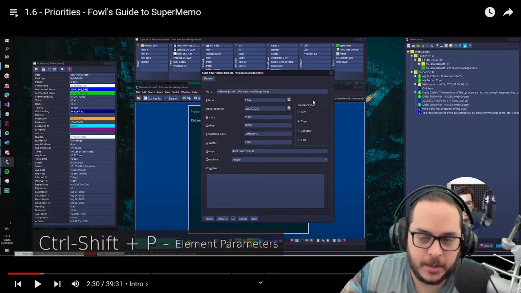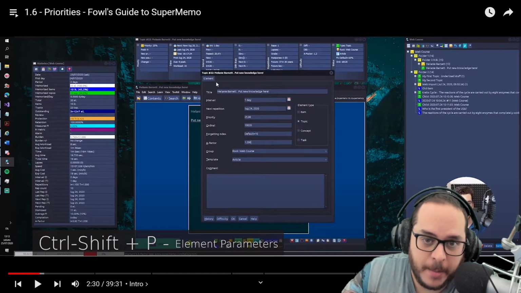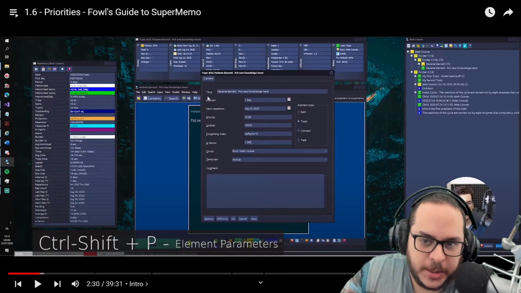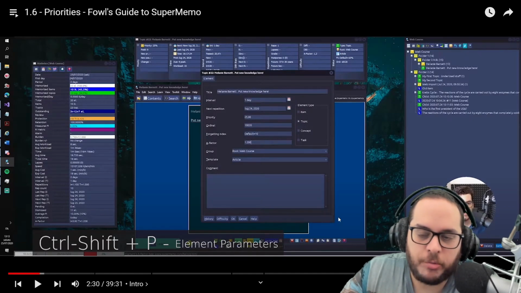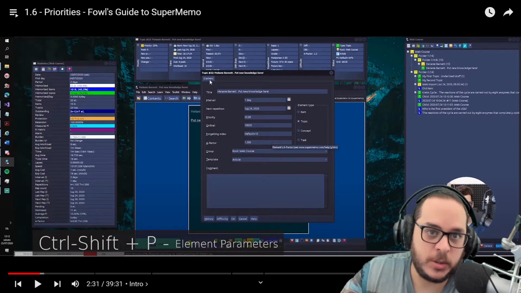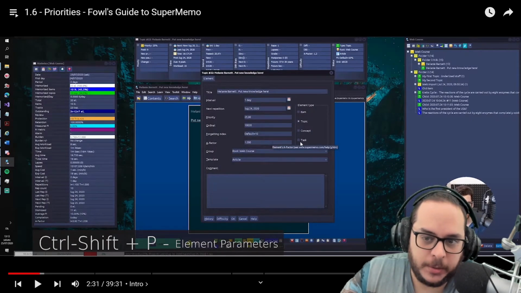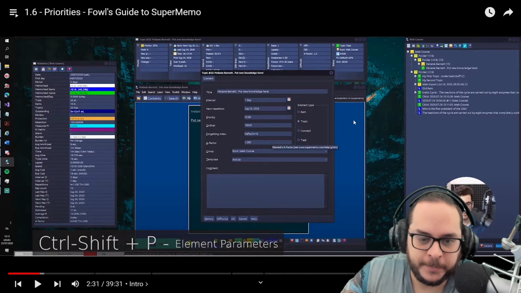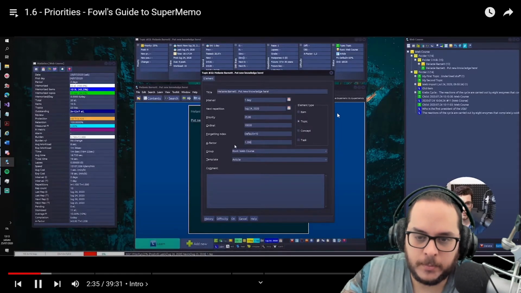Items, topics, and concepts. And then tasks has a second window, a second tab of this window with the extra properties. But everything you see here is shared regardless of the element type. The A factor. We have seen this window and the element type. That when you select a different element here, you convert the element type as a consequence. The A factor is the factor that your intervals get